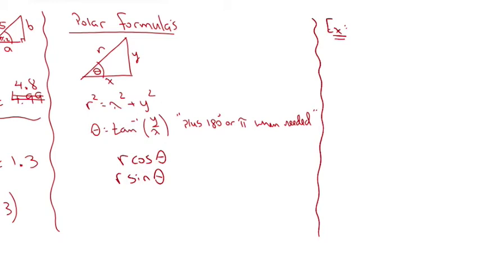What if I have y equals 3x minus 2? What's the graph of y equals 3x minus 2? It's a line, a linear graph. Y-intercept? Negative 2. Slope? 3, which means go up 3 over 1, or down 3. So we can graph this in rectangular coordinates. But the goal here is to change